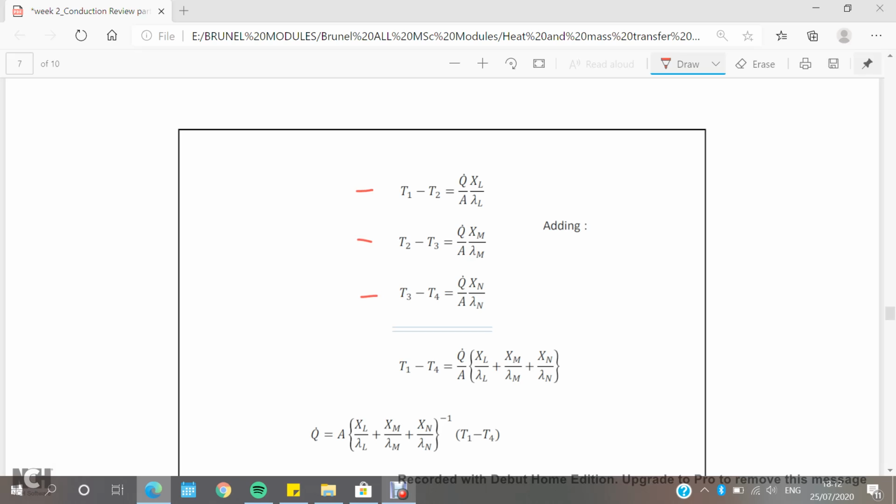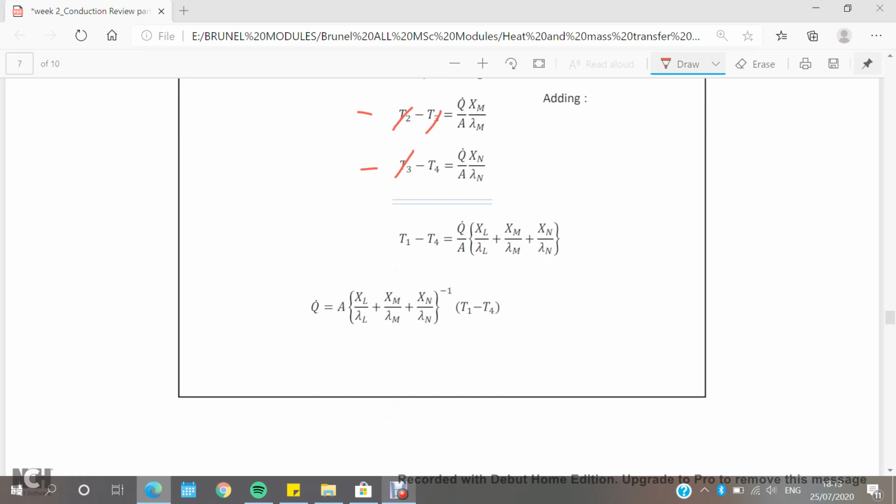T1 minus T2 is equal to Q over A times XL divided by lambda L, which is the first layer thickness and first layer thermal conductivity. Here also T2 minus T3 equals Q over A times XM divided by lambda M, which is the second layer thermal conductivity and thickness, and the same thing for the third layer. If we add these three equations together,